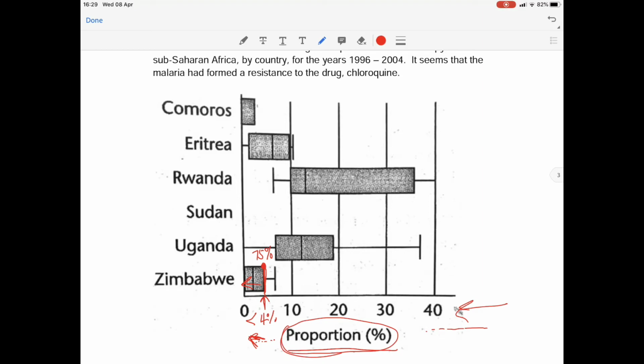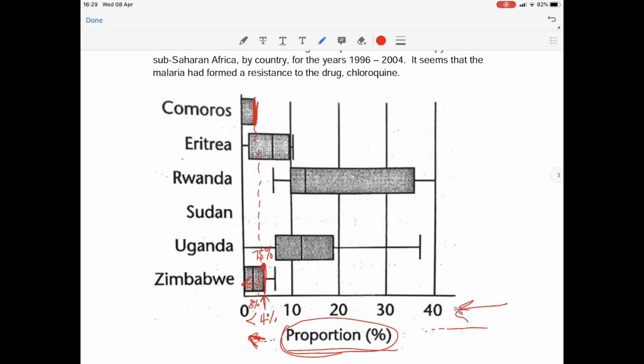So we're looking for a country that has a box-whisker that is very low down on this horizontal axis. So we're going to come and have a look. We're looking at Zimbabwe for one of them. Let's have a look at the Comoros. The Comoros shows you approximately 3% if you look at this as their upper quartile. They don't have a whisker over here. Okay, have a look there. They don't have a whisker, which means that the upper quartile is in fact also their whisker, their maximum value. So it's showing you that this upper quartile, this maximum value, corresponds to roughly 3%,